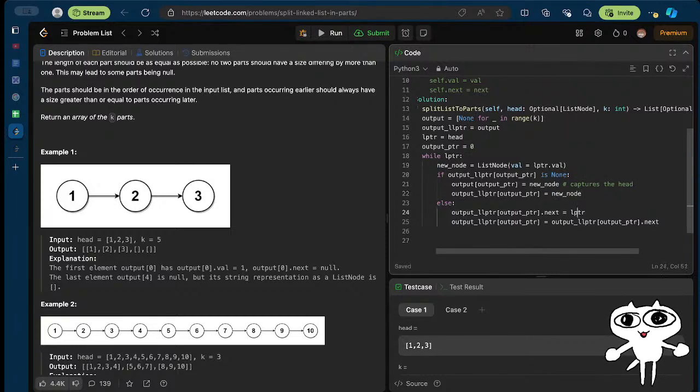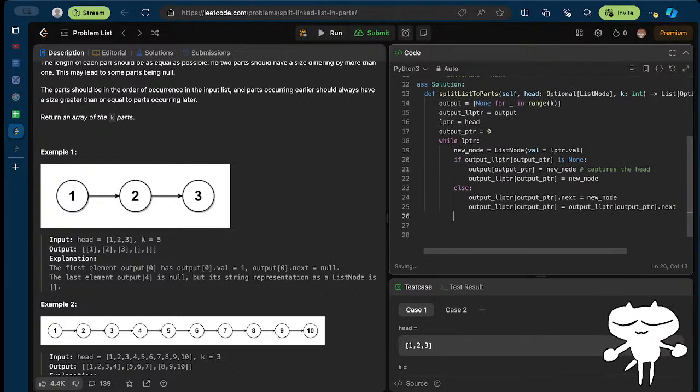I get the new pointer, and I say that whatever the output linked list pointer was pointing to, append the new node here, and the current thing is now pointing to the very thing it was pointing to before, right? This is how it works. And we gotta